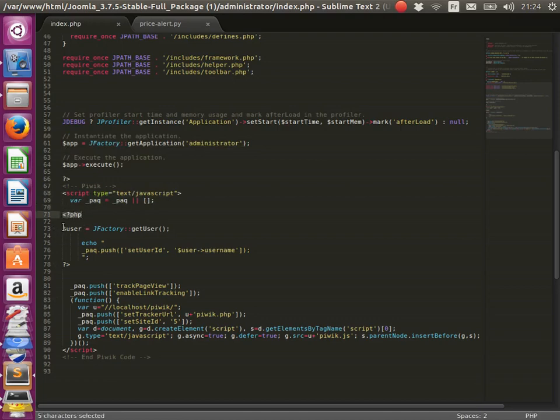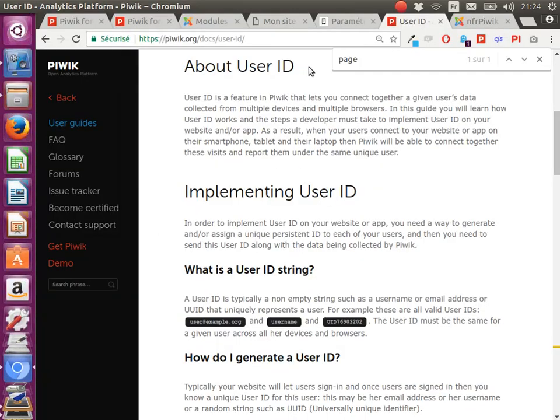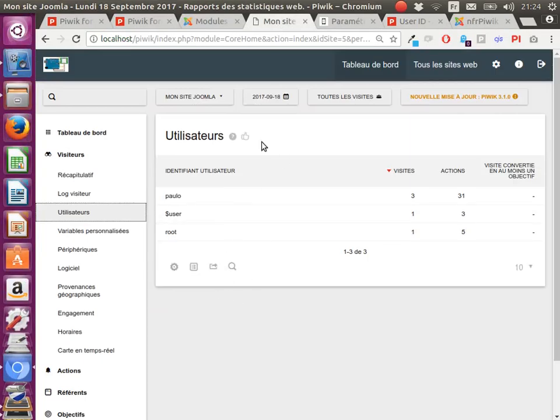Then I insert my function here, and then I just do a print of the JavaScript function, which is right here. And as a result, it will populate the user ID according to the user who is connected within the Joomla installation. And then normally this tracking code will work perfectly. So in order to show you a demo of that, I can just refresh this page.